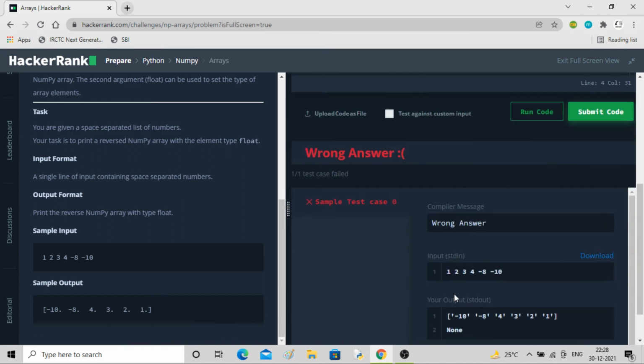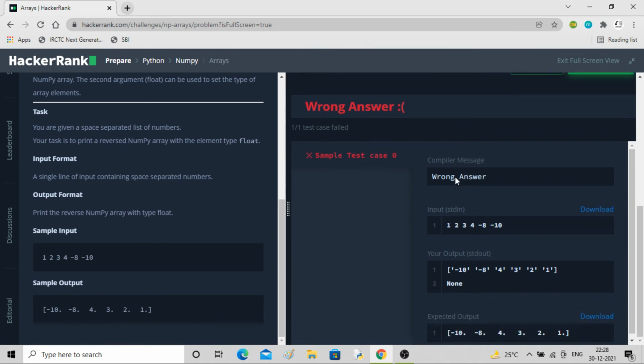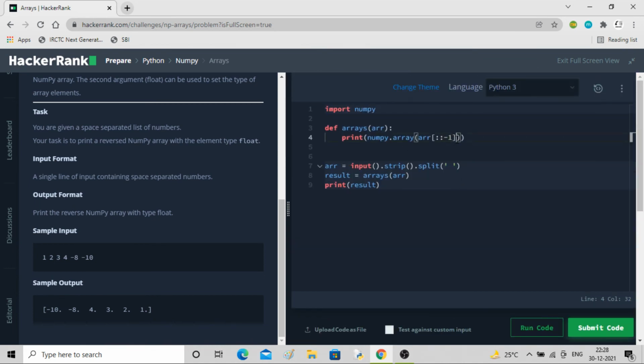So you have reversed it, now you convert each of them into float. Just do comma float, simple exercise. Now instead of printing it, I'll return it because it is already printing the result here.